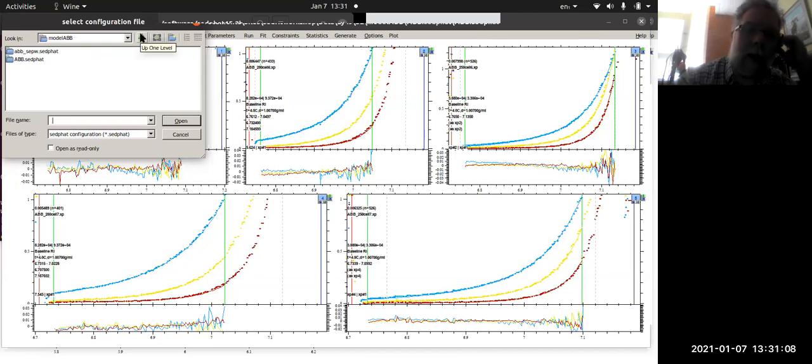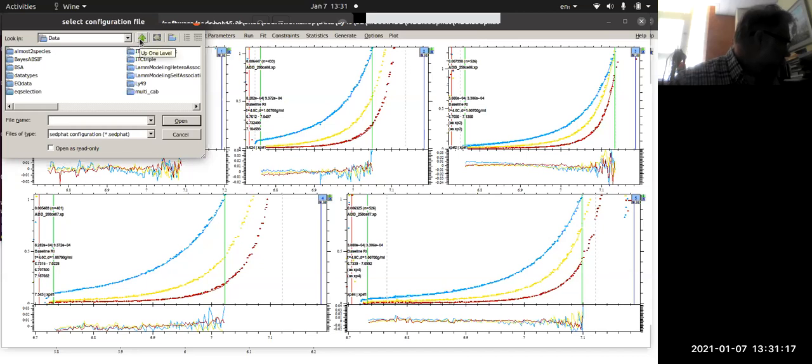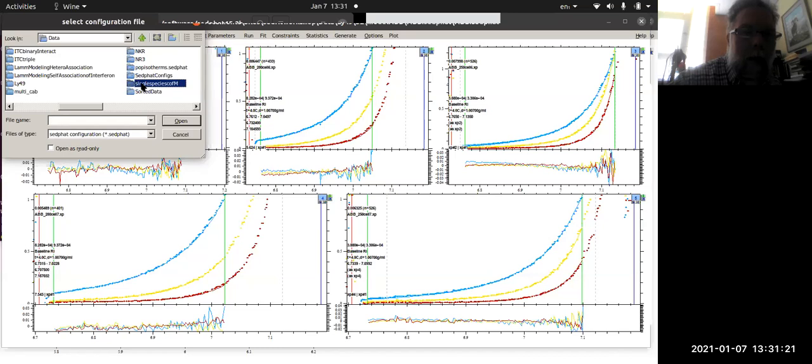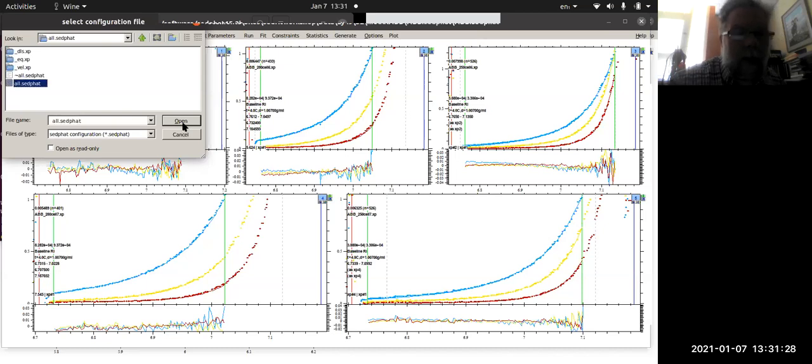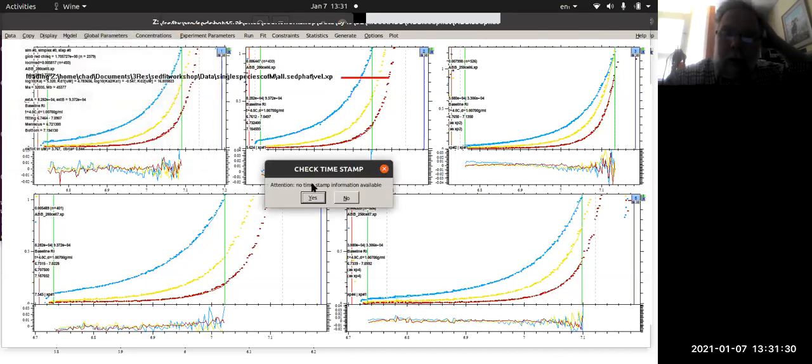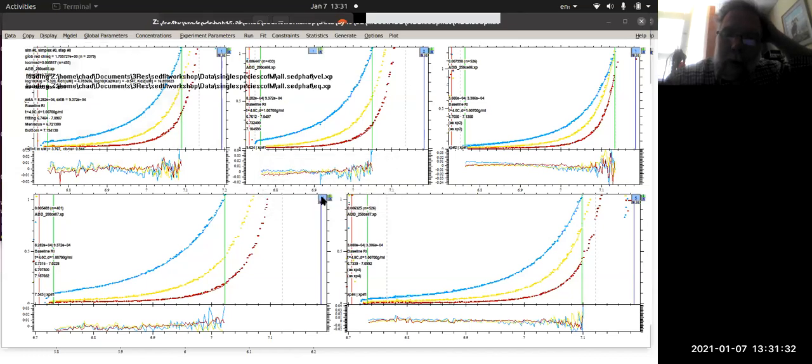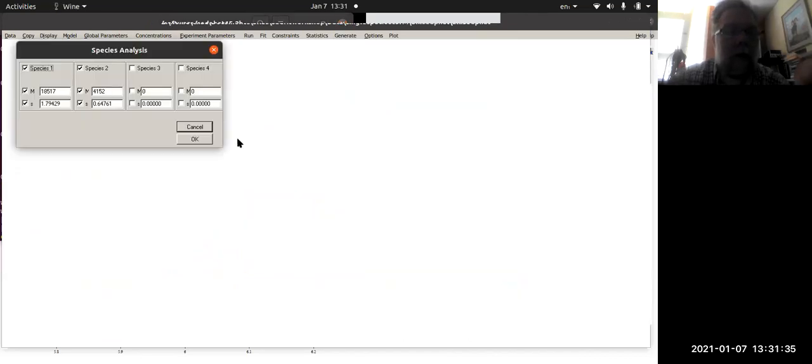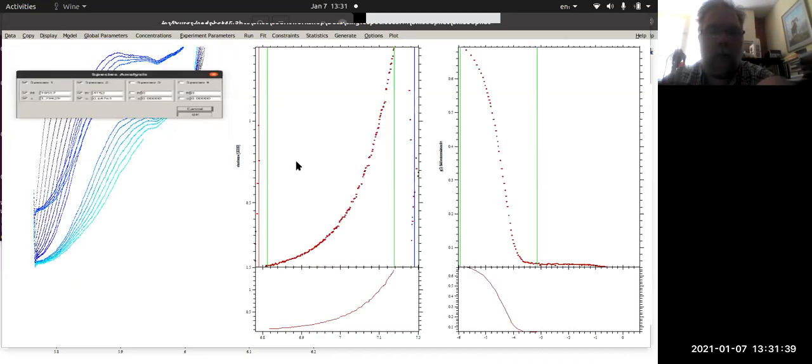So SedPhat doesn't always deal with just sedimentation equilibrium, which is the fun thing. It actually deals with all sorts of different data types, like I said before. If I go to this data set, I think, and I pick up all the data, this is a SedPhat configuration of all the data. In this particular model there's only 2 species, but what's cool about this configuration, you'll see, is that we have